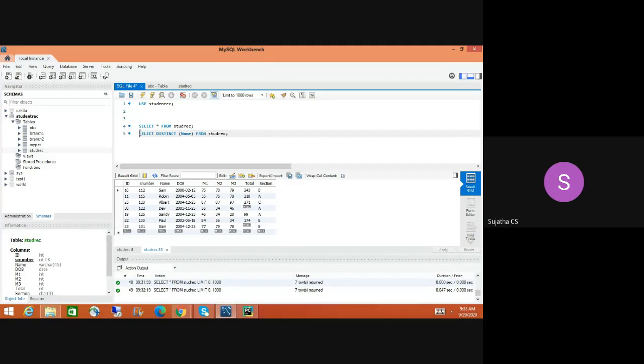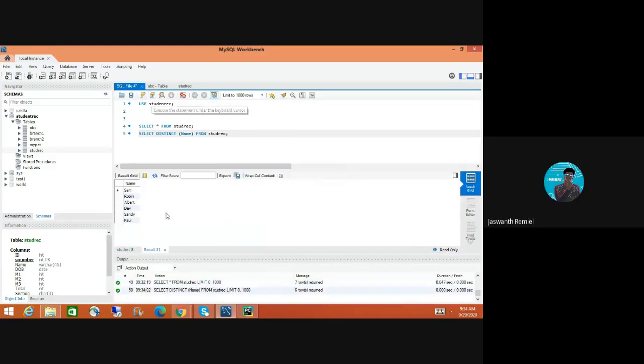So if I run this query, what will you get? Anyone? Two Sams? No, it will exclude that duplication. If there are two Sams or three Sams, it will only return the name once. Okay, that is DISTINCT.